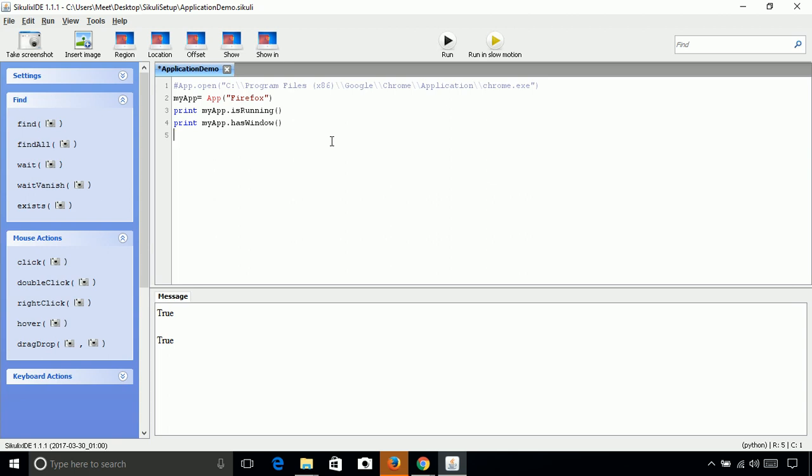Now if we want to focus on a particular application, like if there are multiple windows available and we want to focus only on Firefox or Chrome, let's say Chrome, then we can use the method that is focus. So let's run it again.